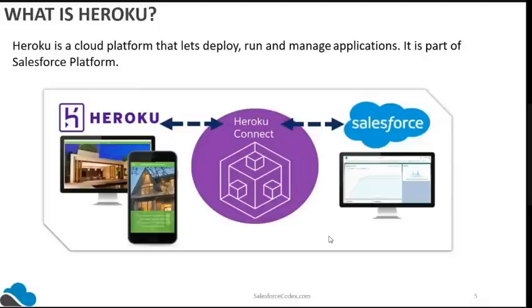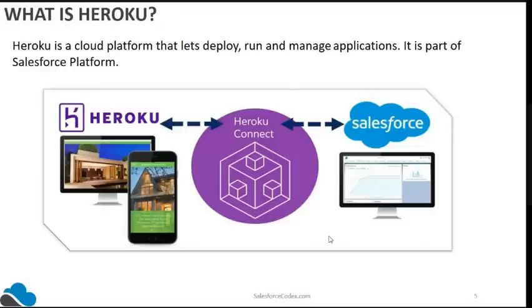So let's start. What is Heroku? Heroku is a cloud platform that lets you deploy, run, and manage applications. What kind of applications or sites can you deploy or run on the Heroku platform? Take an example: you are running your Salesforce application and clients say, I want to create a community portal, or I want to create a business site for selling products, like Amazon, Myntra, or Flipkart.